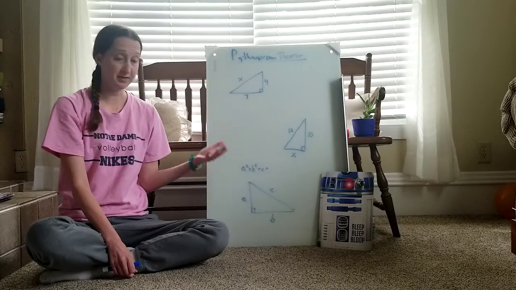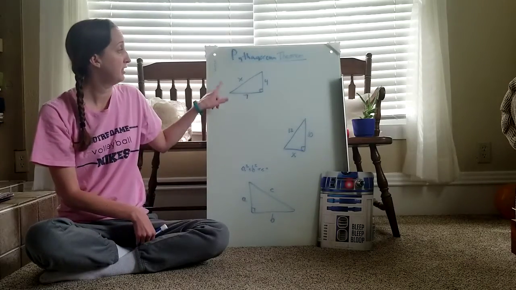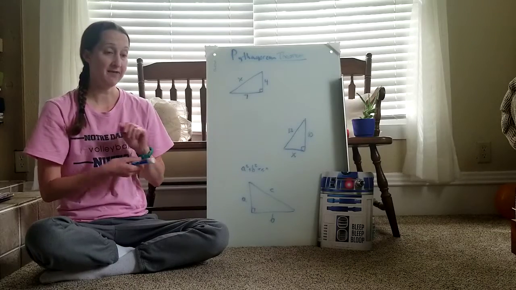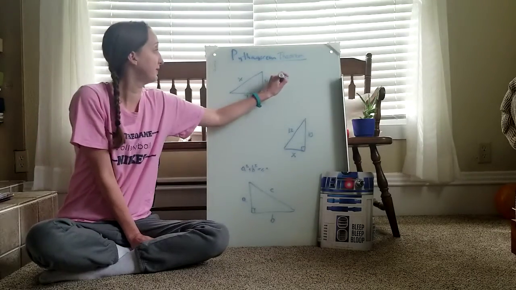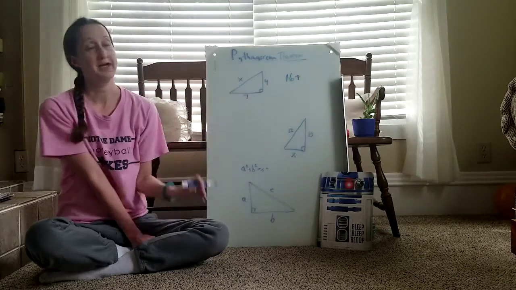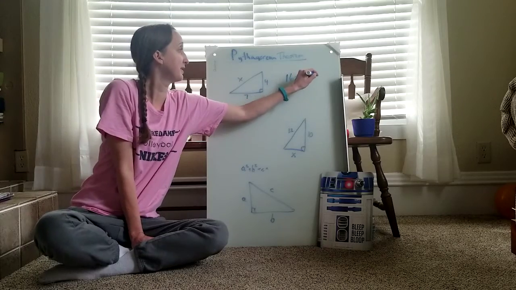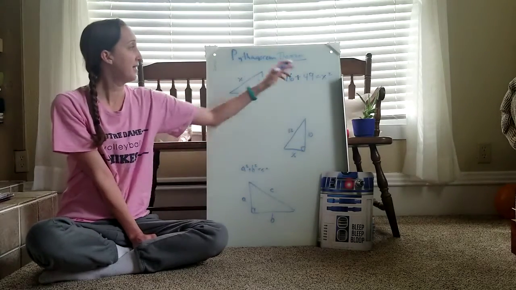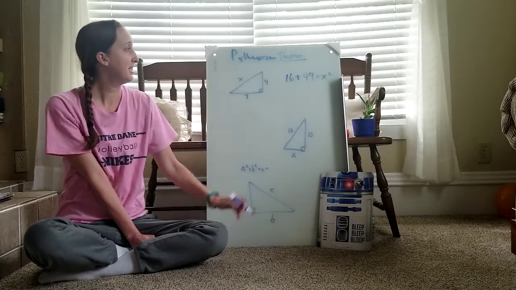But no matter what, we're going to be doing some squaring. We're going to be doing the inverse of squaring, which is square rooting. Let's tackle this one. No matter what sides we have, we need to square them. So we'll have 4 squared, that means 4 times 4 is 16. We'll have 7 squared, 7 times 7 is 49. And that's going to equal the hypotenuse squared. So add my 49 and 16, and that gives me